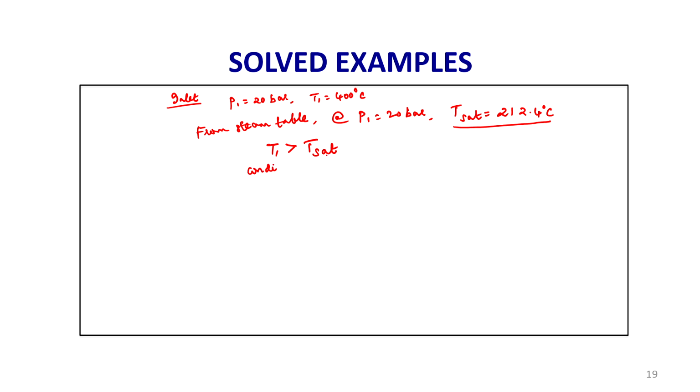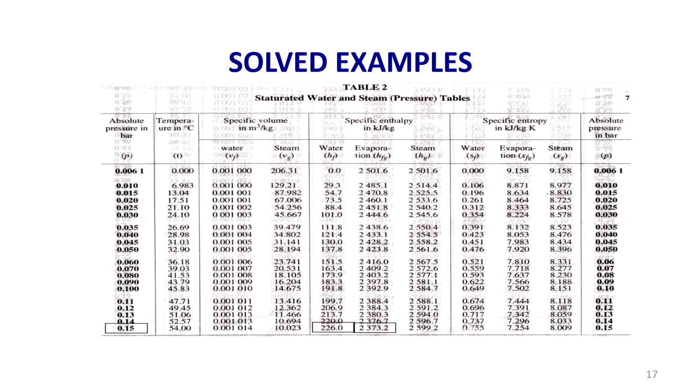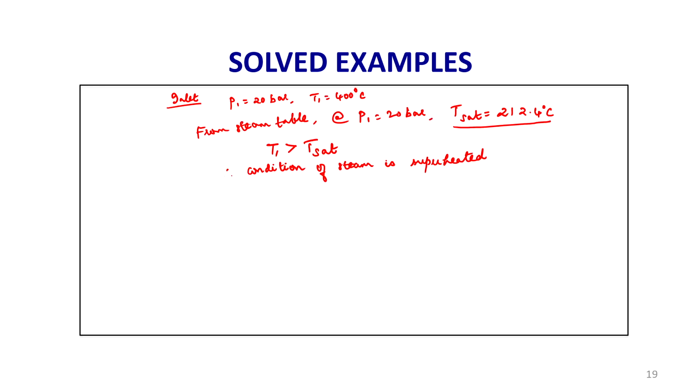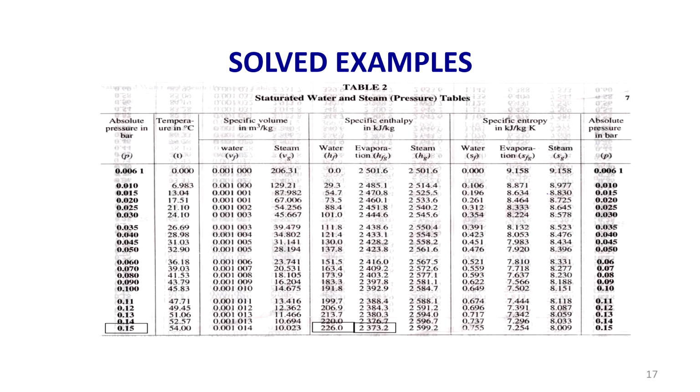Since T1 is greater than T sat, therefore, condition of steam is superheated. So, that is what I have mentioned here at the turbine inlet, at the inlet to the turbine. Okay. So, now